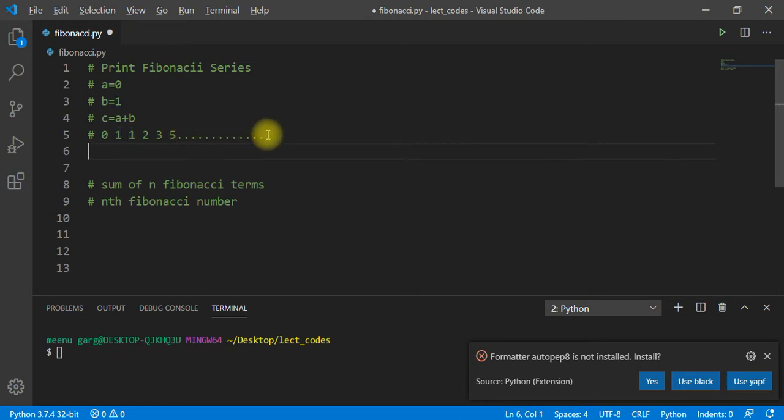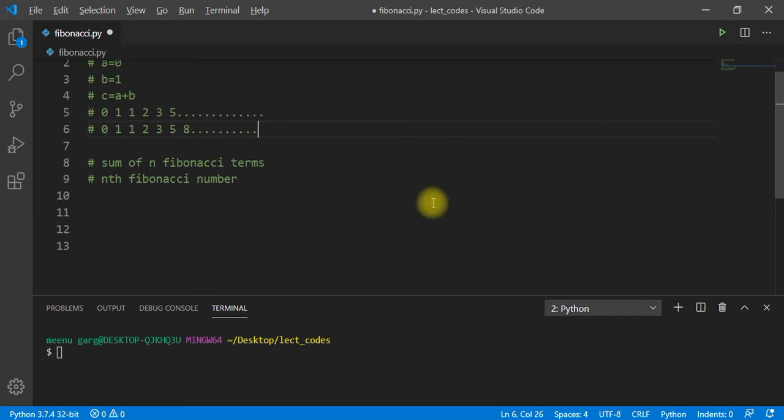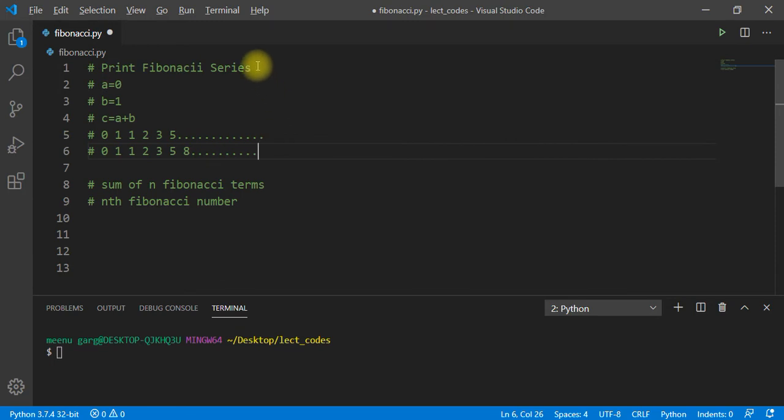Okay, then we just keep on doing this again and again. Let me show you: 0 and 1 is given. Sum of previous two is what? 1. Now sum of previous two, 1 plus 1 is 2, next 3, next 5, next 8, and it just goes on. This is the basic question asked in interviews, and there are some modifications with which the interviewer may come. First of all we will see how to print a Fibonacci series, then we will see other versions of it.